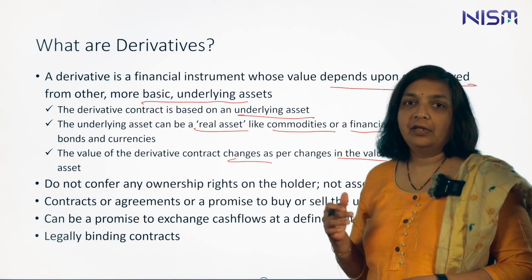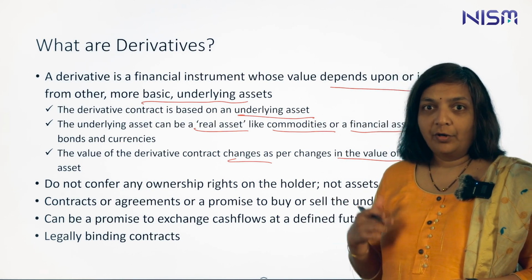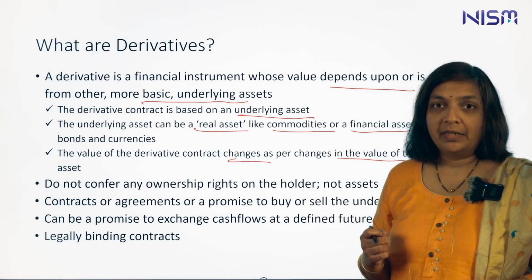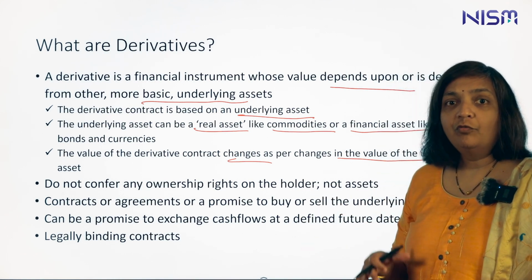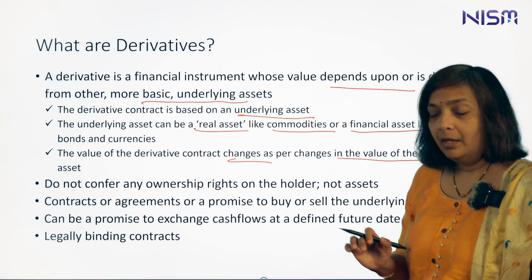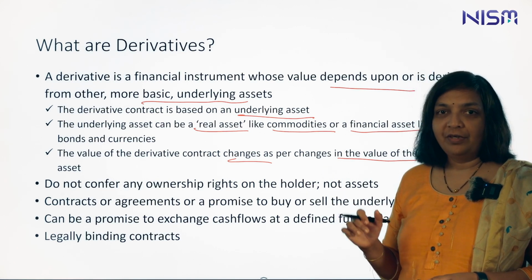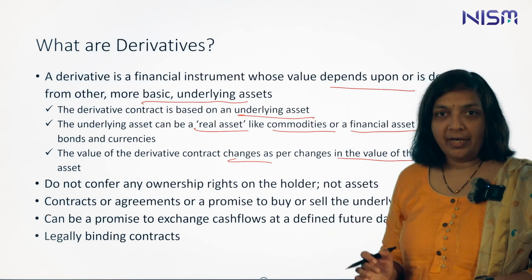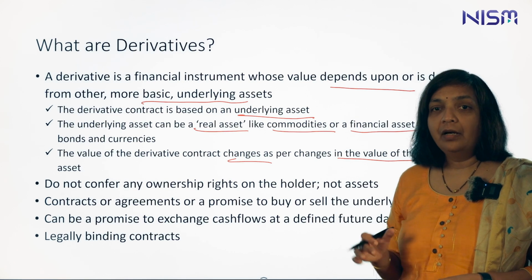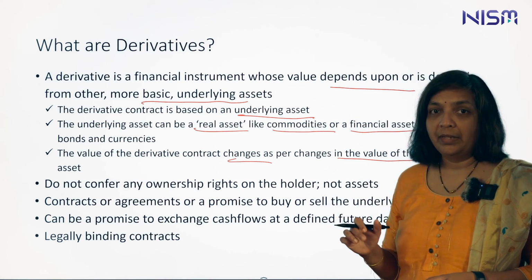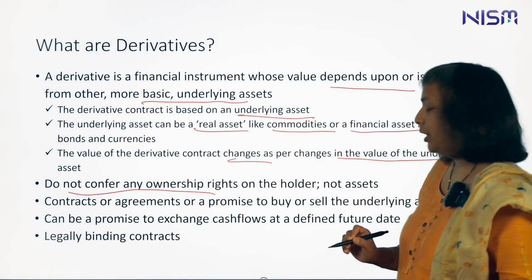Okay. Now, one other distinction between a derivative contract and a normal asset. Suppose I held shares in Reliance Industries, right? The holding of these shares confers some rights on me. For example, the right to receive dividend from the company, the right to receive bonus shares, the right to attend the annual general meeting of the company and vote on matters which are important, right? But if I own a futures contract or an options contract on shares of Reliance Industries, then I have no such right. The reason is that I am not holding the actual shares, I am merely holding a derivative contract on the shares of the company. So, derivatives do not confer any ownership rights on the holder.